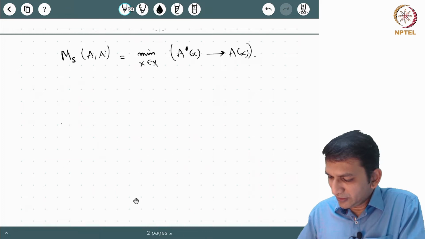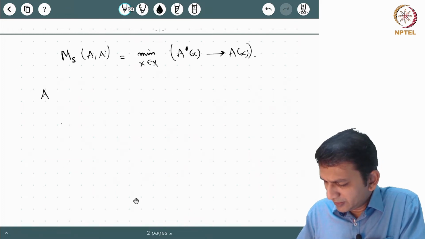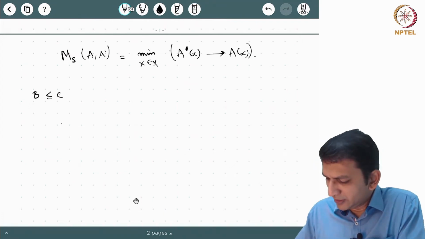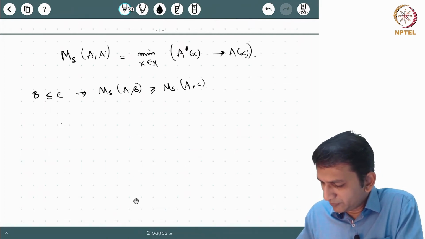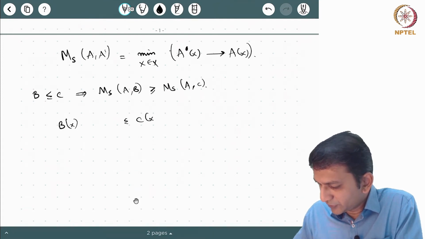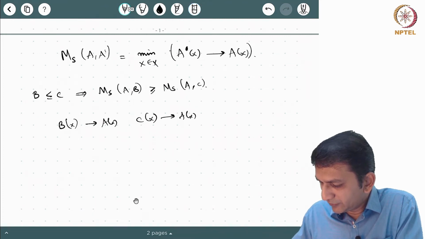So first of all, notice that if you have a fuzzy set B which is smaller than C in terms of pointwise ordering, then this implies ms of A,B is in fact greater than or equal to ms of A,C. Now this is clear because if B is smaller than C, then B of x is less than or equal to C of x for all x. Now when you put A of x here, then we know that this inequality in fact reverses. So if we take the infimum on either side,